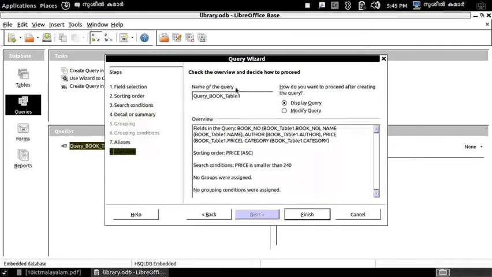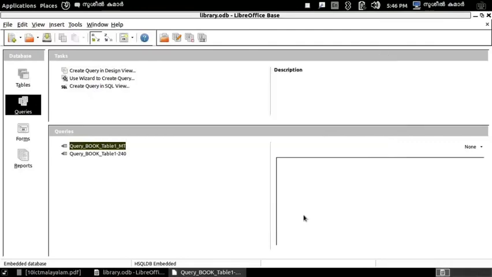Then give the name for the query. Then finally press the finish button. Then open the query. So we get the result.